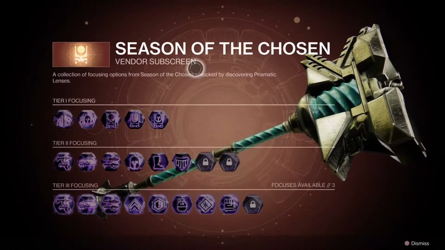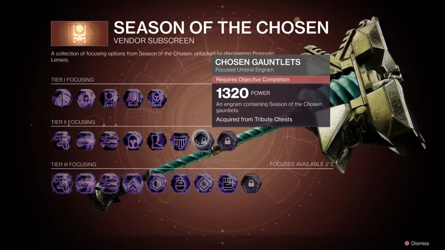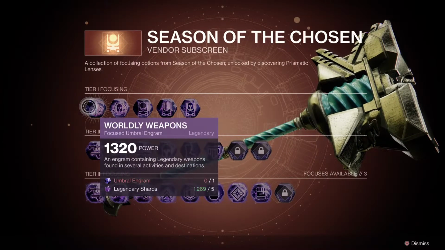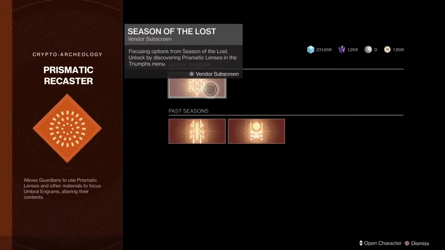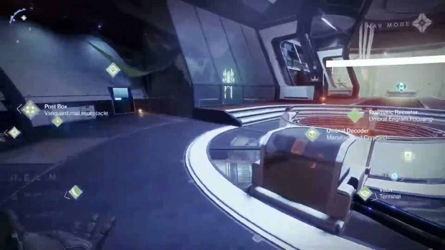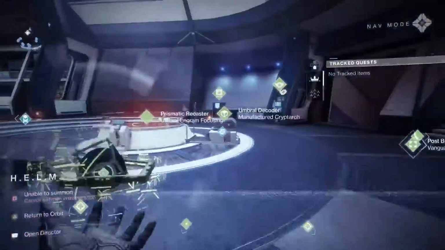There are a few other ways I actually used to farm myself. It is in Season of the Chosen. And all you do is you go to worldly weapons, because these will basically give you a higher chance of getting Season of the Chosen worldly drops. So that's another way. Yeah, that's basically most of the ways that I've been using. Now, another really good way of getting this Cartesian coordinate is actually by just doing strikes or worldly things, because